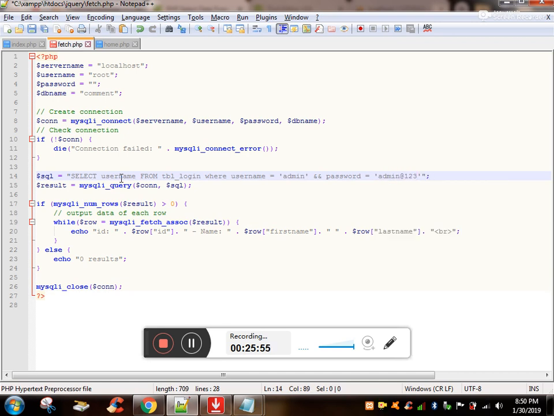I have already shown you we have encrypted the password. So for that,